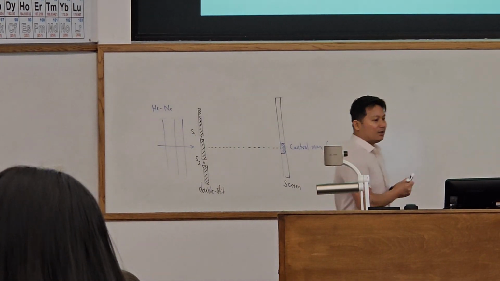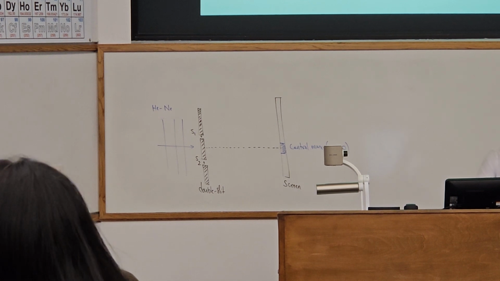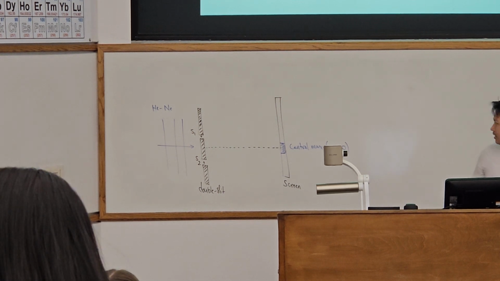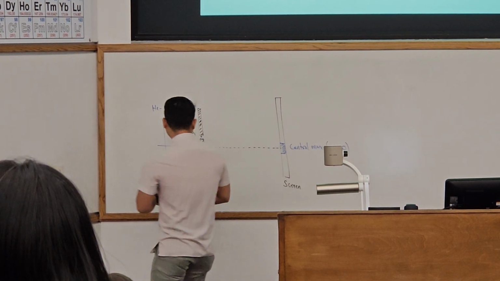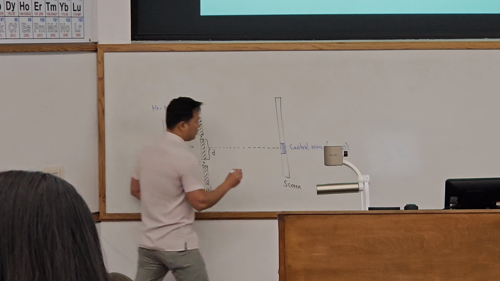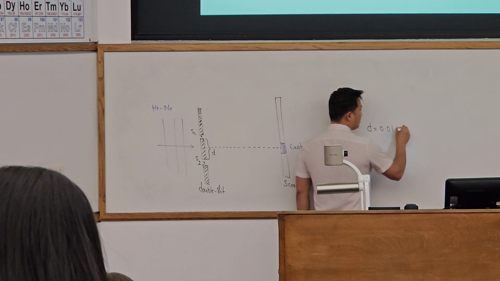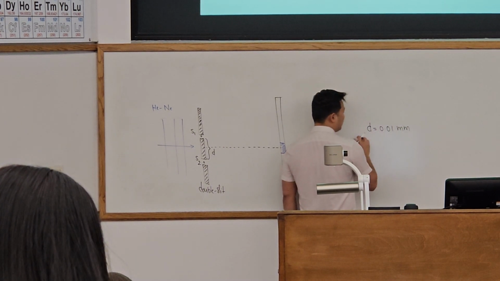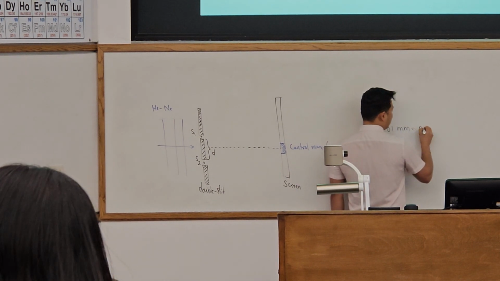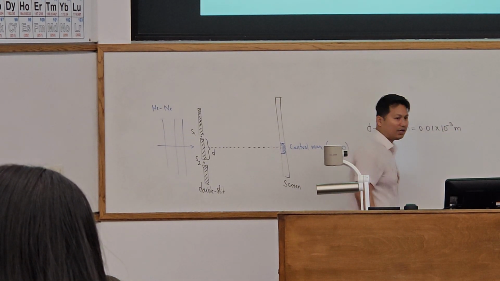So you have a helium neon laser light passing through a double slit that is separated by 0.01 millimeters. So you have a distance between the slits, and I just call it small d. You have a small d over here. The given small d value is 0.01 millimeter. It's a very small narrow gap between the slits. You can change this to meters: 0.01 times 10 to the power minus 3 meter. You can change to SI units.